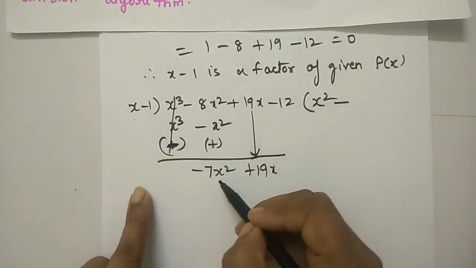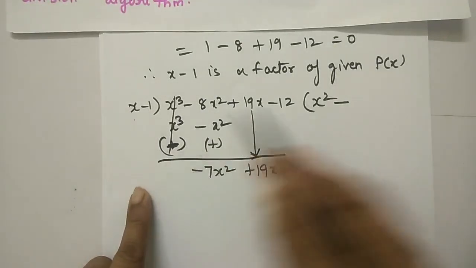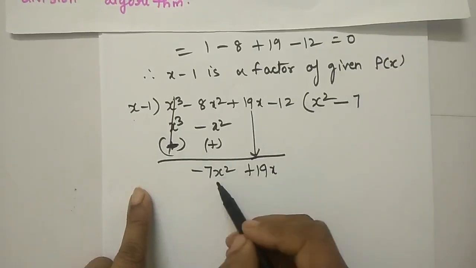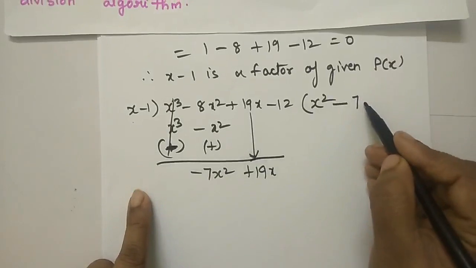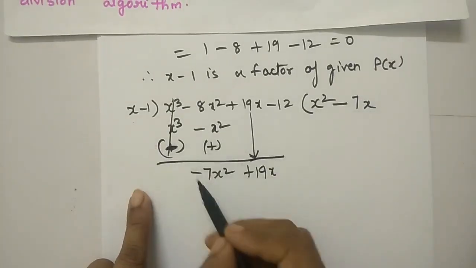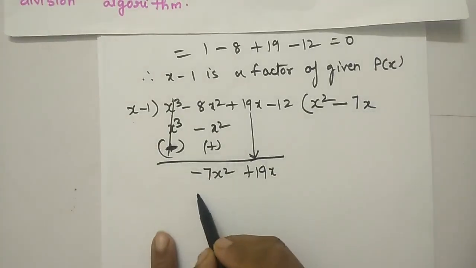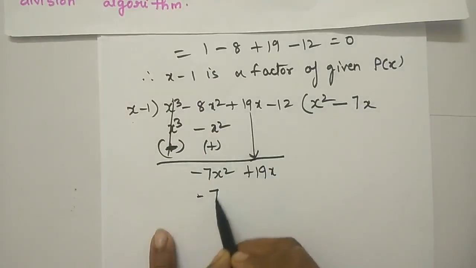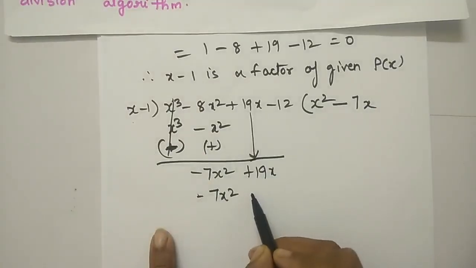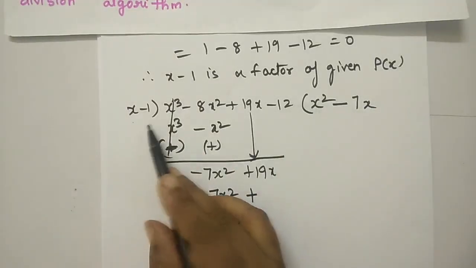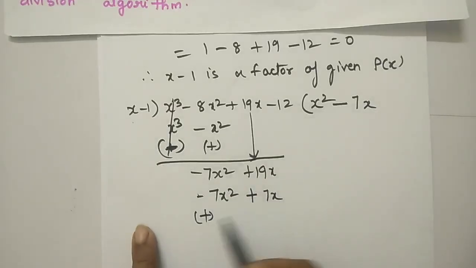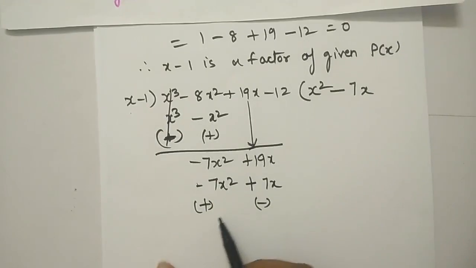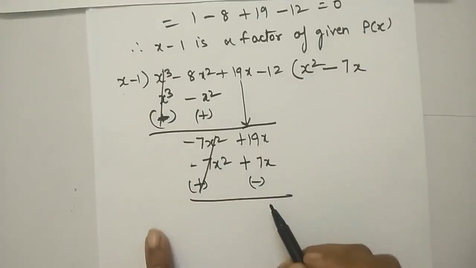Okay. Now here minus, here plus sign. So minus. Here 7 and here it is 1. So 1 into 7 only you will get 7. Here x square, here x. So 1 into 7 into x. You will get minus 7x square, is it not? So multiply with g of x minus 7x square. Minus into minus plus. 1 into 7x is 7x. Now change the sign. Okay, these two get cancelled.